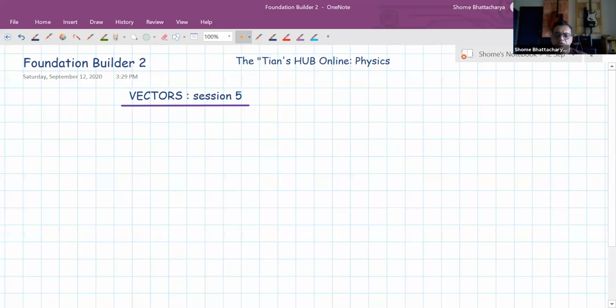We'll start today with the second method of representing vectors, which is the component method. It will give us an alternate way of solving problems other than the triangle law methods that we've discussed till date. From there, we'll continue the discussion, and we will also look at the problems from assignment number 2, which you were given for homework last time. So we will first discuss the theory part of component algebra, and then we will come back to the assignments.